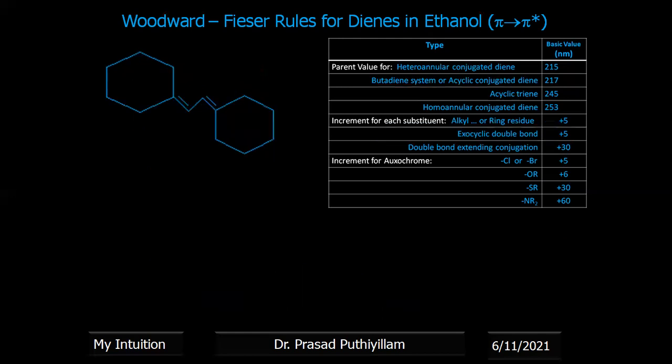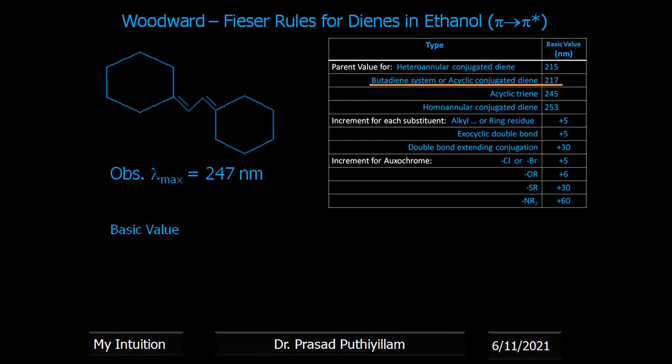Okay, now this particular compound looks very interesting. Two cyclohexane rings are there, and double bond, single bond, double bond. So they are in conjugation. Don't say that they are in different planes. They are in the same plane. Actually, if you draw the structure, it will be in the same plane. So they are in conjugation. Therefore we can treat it as a butadiene system only, and its observed value is 247 nanometers.